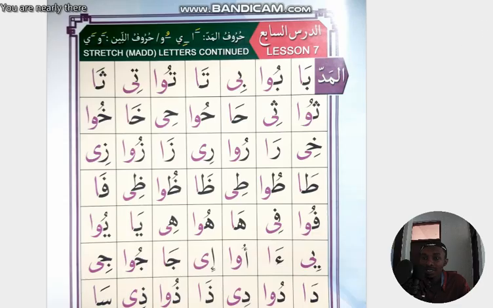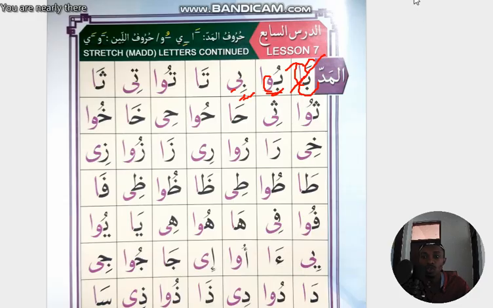So we're going to start reciting this lesson as follows: ba, fatha, alif sukun, ba, dhamma, waw sukun, bu, ba, kasra, ya sukun, bi. So we're just changing that saghira, and we put sukun. So it's going to be ba bu bi. Okay? And then on the next one, this is going to be